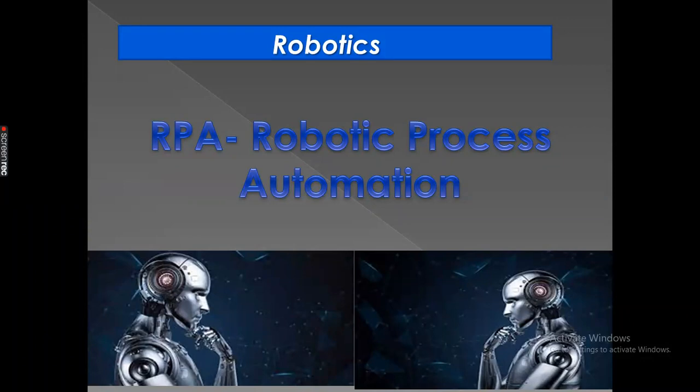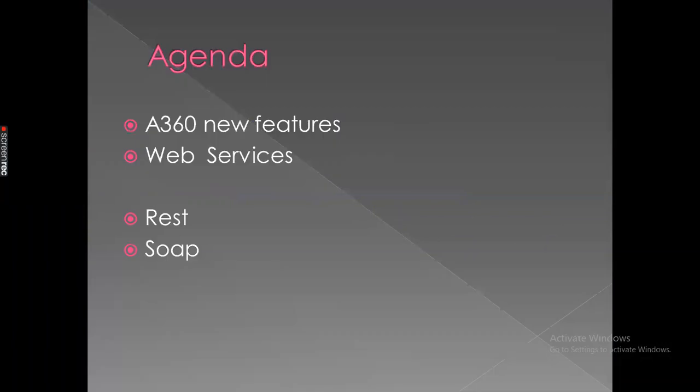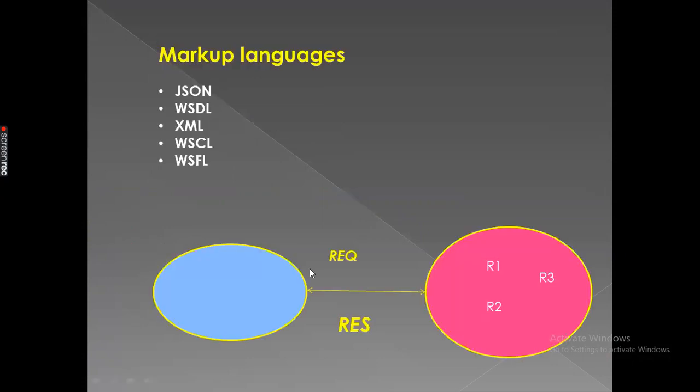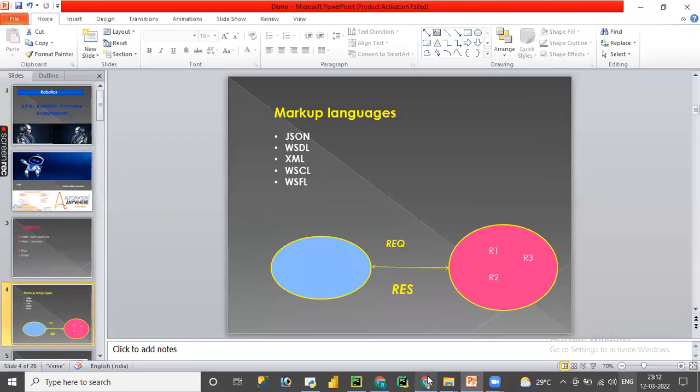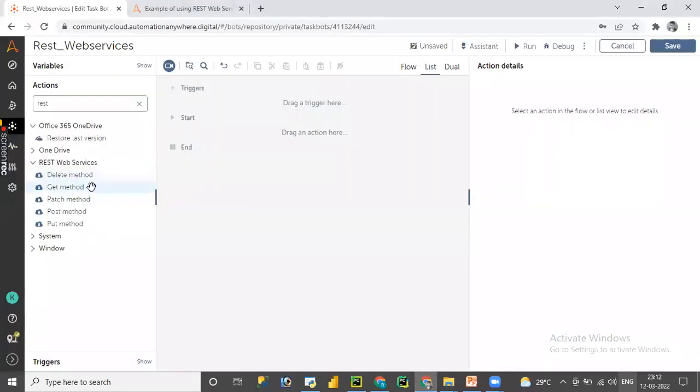So in the previous video, we have already covered what web services are and what REST web services methods are available, and we have already covered the GET web service. So in this video, we are going to get multiple requests or multiple resources from the GET service by using GET web services. So let me go to the Automation Anywhere A360 control room, and here